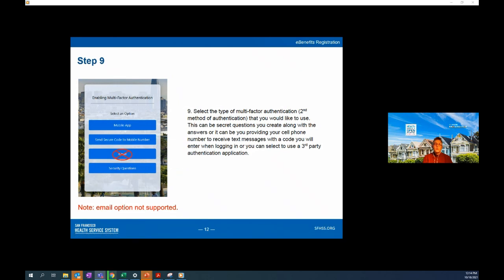Okay, so then when you've logged in, and so congratulations, that would have been your first login, you get to a screen that's talking about enabling this multi-factor authentication. There is a choice on the screen because it's sort of a vanilla out-of-the-box factory default from Oracle that offers email, but we're not supporting email. The reason for that is for most of the city workers, email is behind this multi-factor authentication. So if you aren't able to get in and you're trying to do a password reset, you can't get the MFA link because you can't get into your email. So it's this circular logic that happens. So mobile